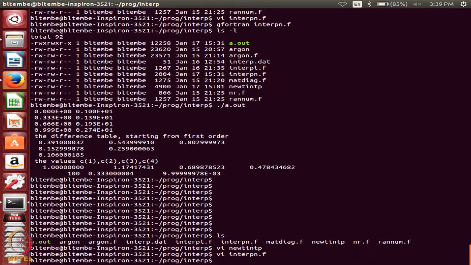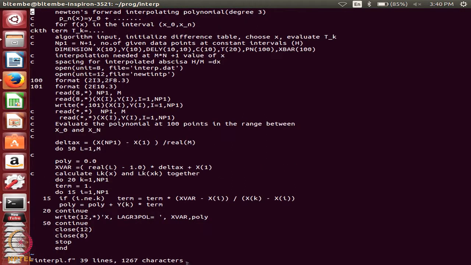So, Lagrange method, I have already entered PL dot F. Okay. Now, see, this is my program for Lagrange's interpolation. All the things up to this delta x are the same, okay. Same input files, same dimensions, everything is the same, except now x variable will be x1, that is my first value, which was 0 plus real L minus 1 into delta x. So, x variable is the same.